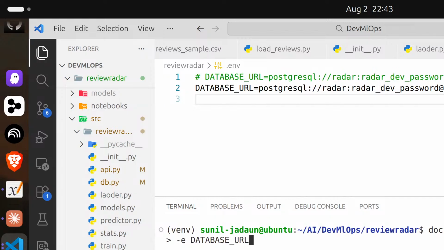So we are trying to override the environment variable here, PostgreSQL,